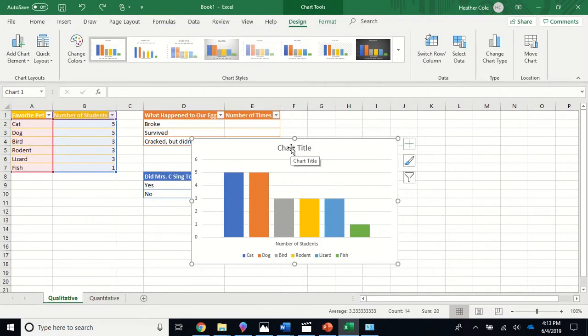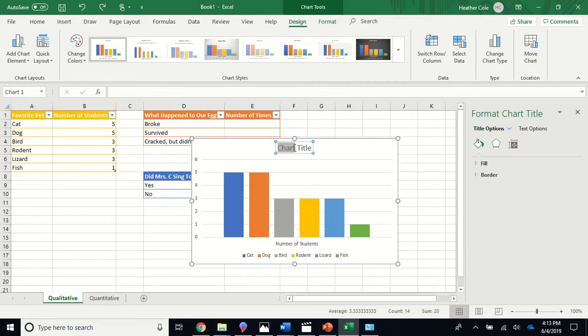So I'm going to change my title because that's one of the important things that we need. So if you'll recall, my title needs to capture what information I have in my graph, what I'm measuring along both axes. So in this case, I'm going to say, what were the favorite pets of students in Mrs. C's class? So that is a testable question that could be my title. I already have number of students,